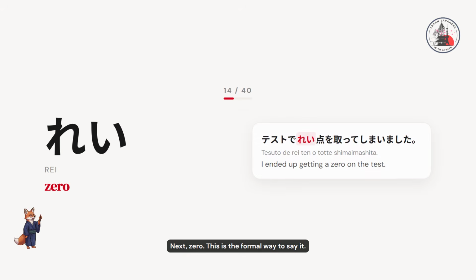Next, 0. This is the formal way to say it. 0、0。 Example. テストで0点を取ってしまいました。